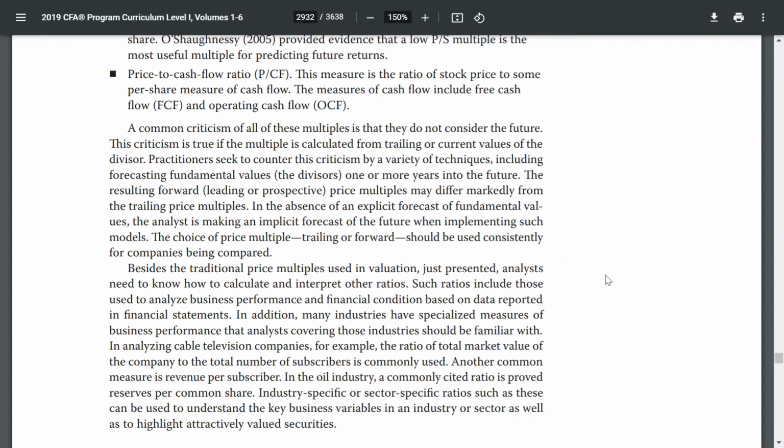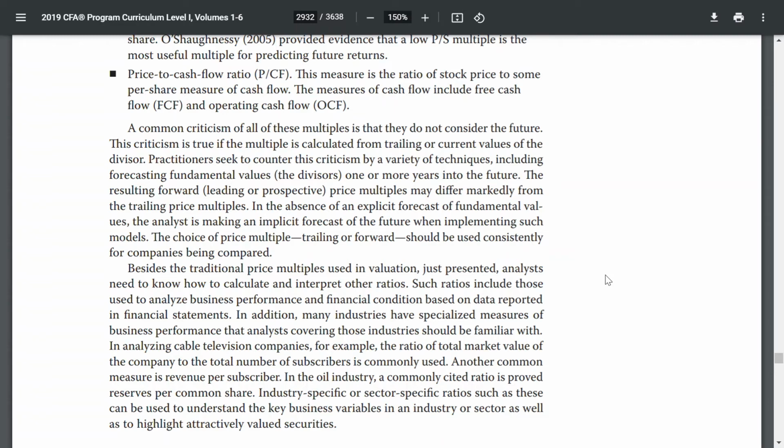Besides the traditional price multiples used in valuation just presented, analysts need to know how to calculate and interpret other ratios, such as those used to analyze business performance and financial conditions based on data reported in financial statements. In addition, many industries have specialized measures of business performance that analysts covering those industries should be familiar with. In analyzing cable television companies, for example, the ratio of total market value of the company to the total number of subscribers is commonly used. Another common measure is revenue per